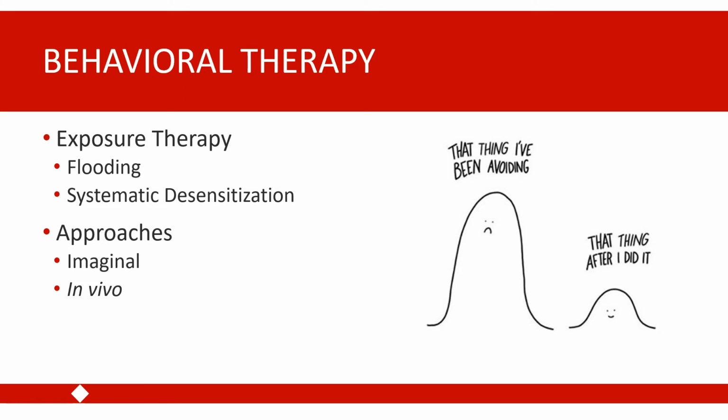So in that example, you can see that there are various ways to use exposure therapy. You can use what is called imaginal exposure therapy, so having a person imagine being in a situation or think about it at a high level of detail. And you can also do in vivo exposure therapy. So this might be completed by the individual as part of their homework for therapy, or you might actually do this with your client as a therapist.